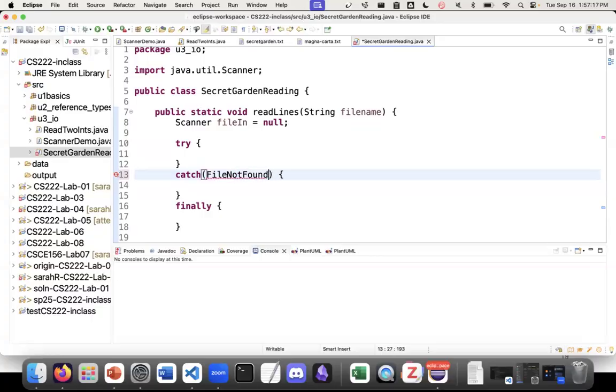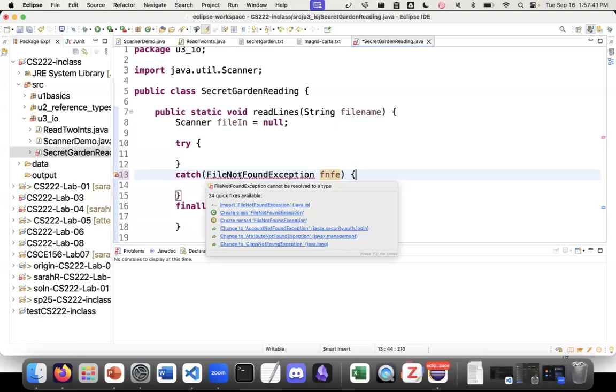So the exception that we want to catch here is file not found exception. We could go more general and say IO exception. That's also a possibility. But I'll be more specific this time and just say file not found exception, and then FNFE for short. This also gives me an error. File not found exception lives in java.io. Remember, exceptions are objects. Java's defined how this object works. And so if I import that,